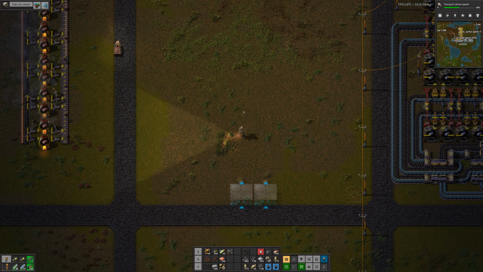Okay, put the recipe back. Okay, and let's just check the rates. So it looks like one of these produces 1.3. One of these consumes 200. 2, 4, 6, 8, 10, 12. So one of these can easily supply 6 of these. So 2 would do 12. So if we had...